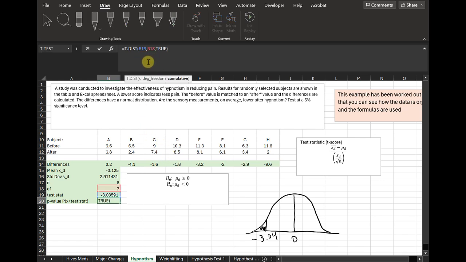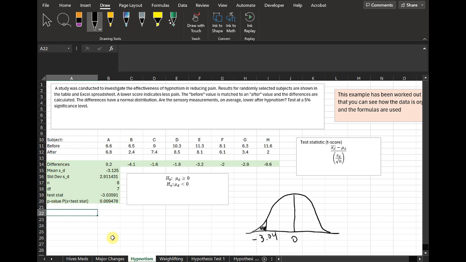We're dealing with Student's t. So I use my test statistic. Here's my degrees of freedom. Right, true. Here's your p-value. And then from here, now it's just your good old hypothesis test. So for my conclusion, I have that 0.009. This is definitely less than 0.05. So what does that mean? We reject the null. There is sufficient evidence that the